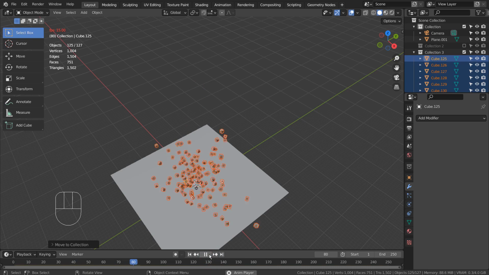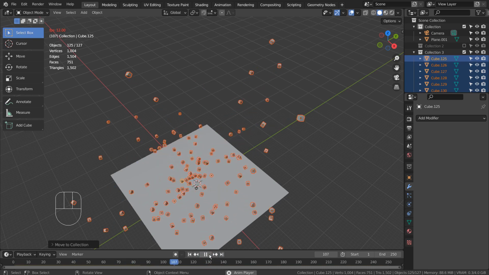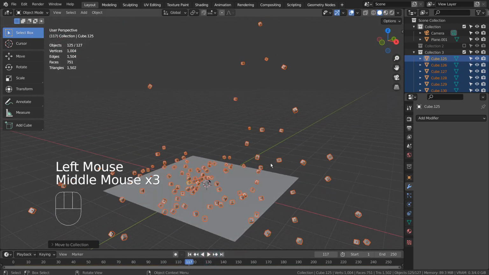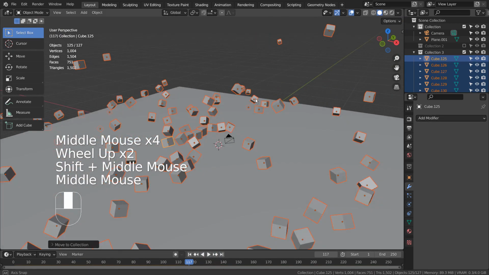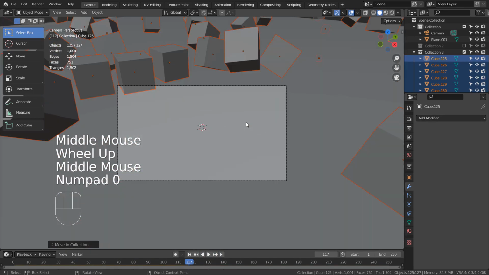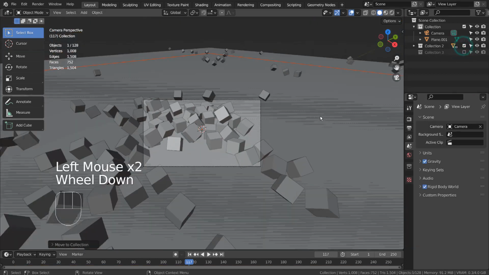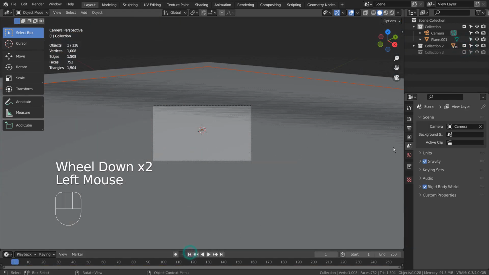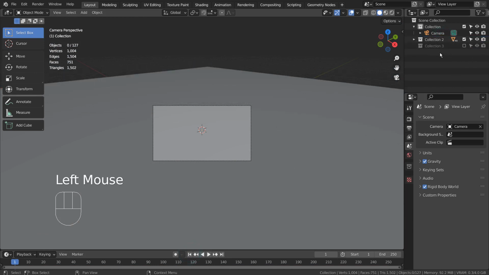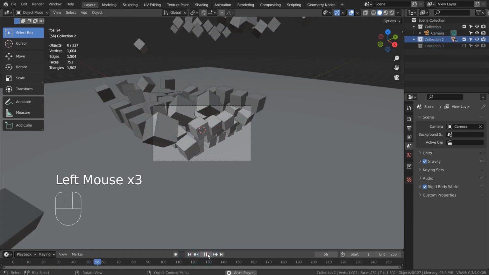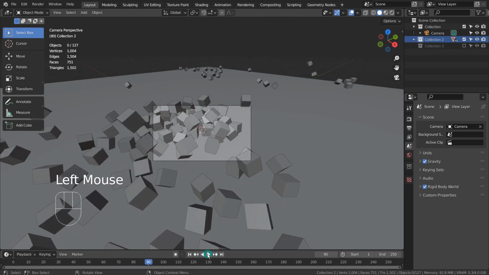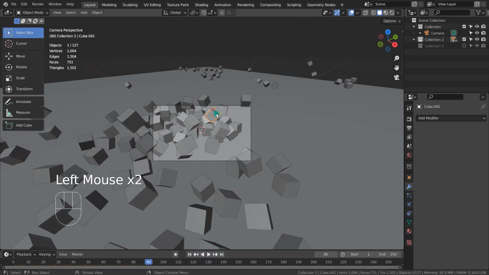That's how the animation was created. Let's take a look at the materials.